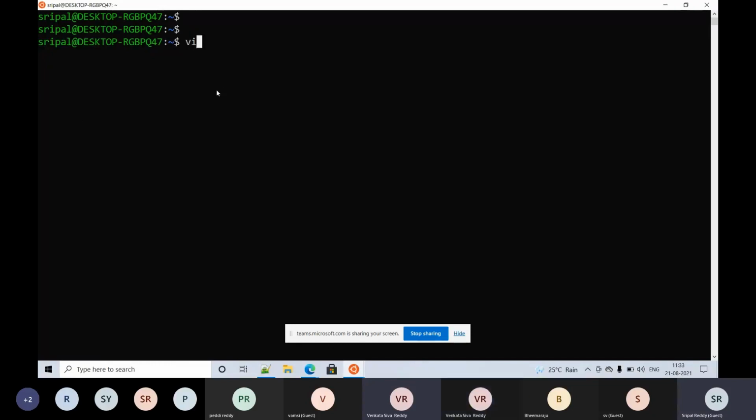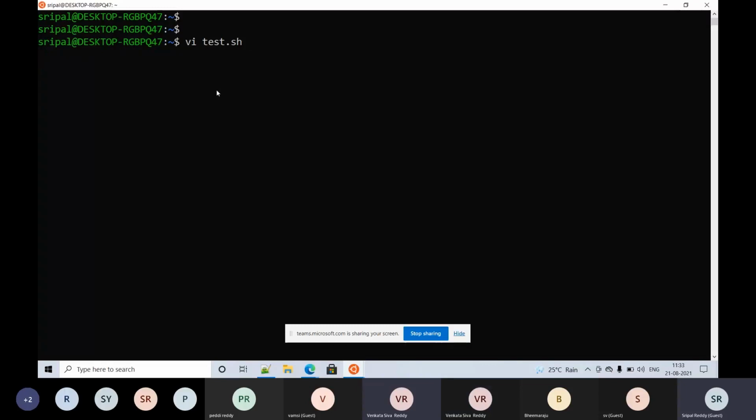Okay, so I'm using vi test.sh. vi is an editor in the Unix shell which enables us to input text or write into a file in an interactive mode. We will talk in detail about the commands and how we need to use the vi editor.